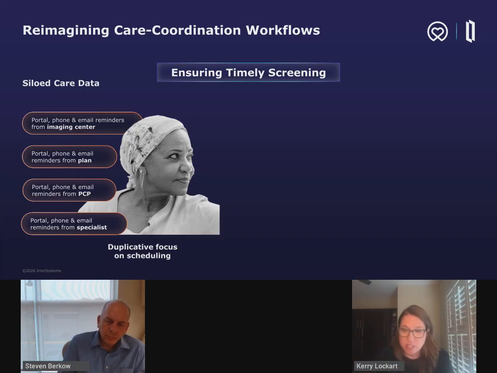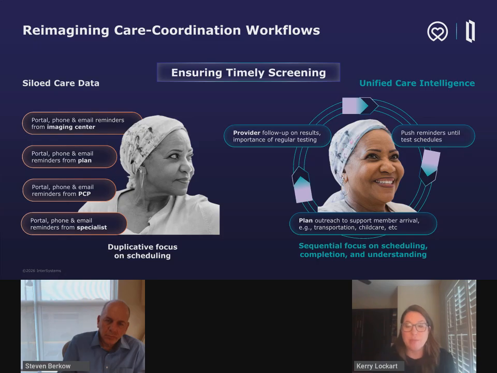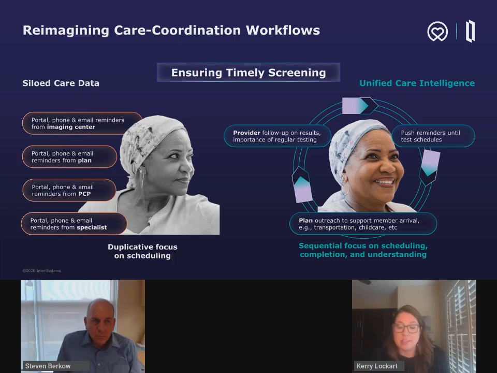And so what Medica really talked to us about and envisioned was this world where we have unified care intelligence, right? Everyone across the continuum is just playing into their strengths. Now we're exchanging data and everyone knows that the appointment's been scheduled. So the providers can focus on what they do best, which is ordering the test and reminding Mary to get the test scheduled. And once the test's scheduled, the plan knows. They no longer need to keep messaging her and telling her to schedule it because it is scheduled, and they can focus on what they do best, which is empowering Mary to actually get to that appointment, have transportation, have any other resources that her plan affords her to make sure she can get there.